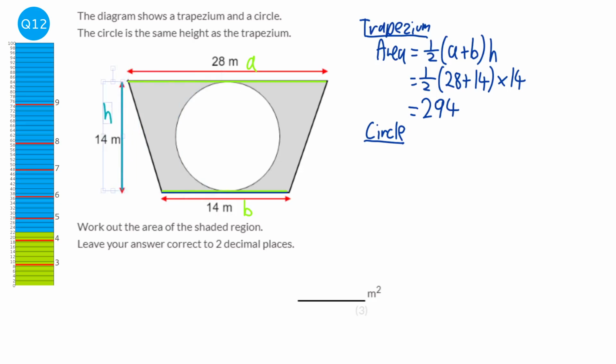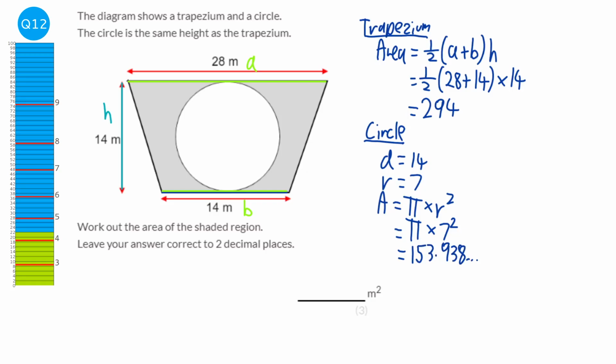So the height of the circle is the same as the diameter. So the diameter of the circle is 14, therefore the radius would be half of that, which is 7, and the area of a circle is pi times the radius squared. So it would be pi times 7 squared, which will be